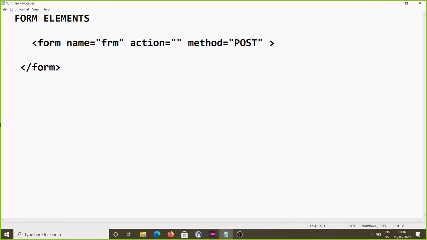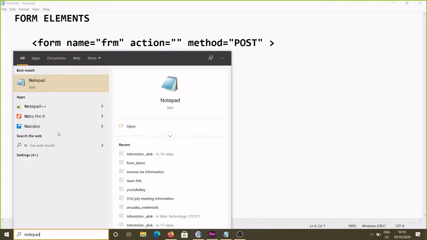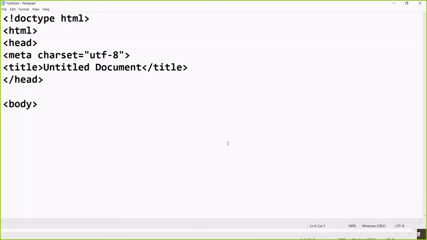Clear? So in that case, I will start one empty notepad, and in this notepad I will write the basic HTML code. See, this is the basic HTML code I can write here. After the body, and I can change the title here, just putting the title here: form element.